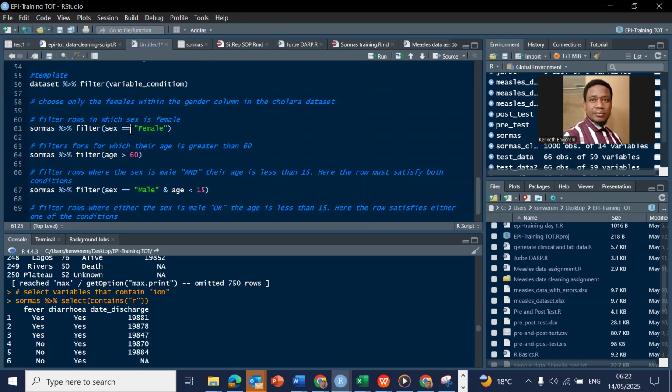Now notice that we're using double equal sign here. And when you use a double equal sign, it's like you're asking if sex is equal to female, filter that row. So this is different from using one equal sign, which is equivalent to the assignment operator, which is used to assign things to an object name. So using two equal signs differentiates that from the assignment operator function. Okay, so here we're saying if sex is equal to female, filter it, right? So if we run this code,